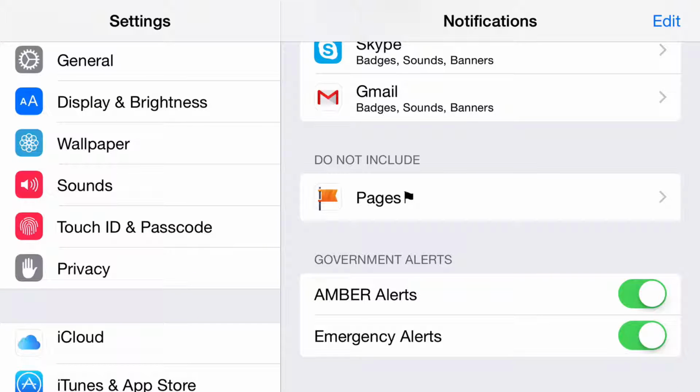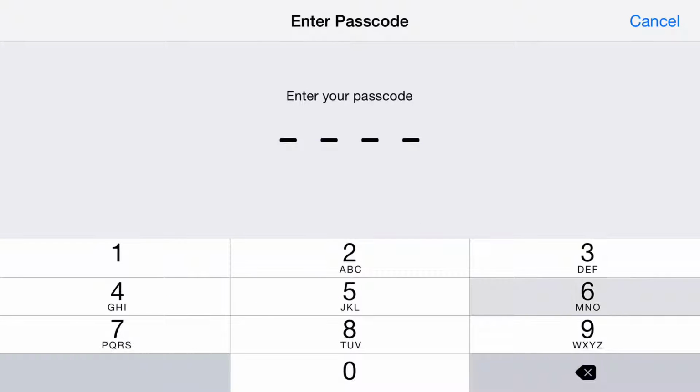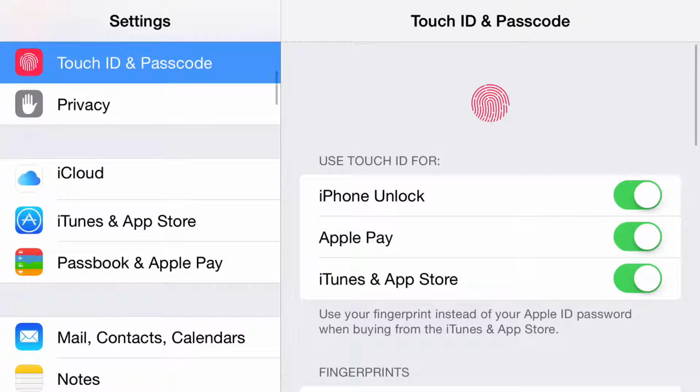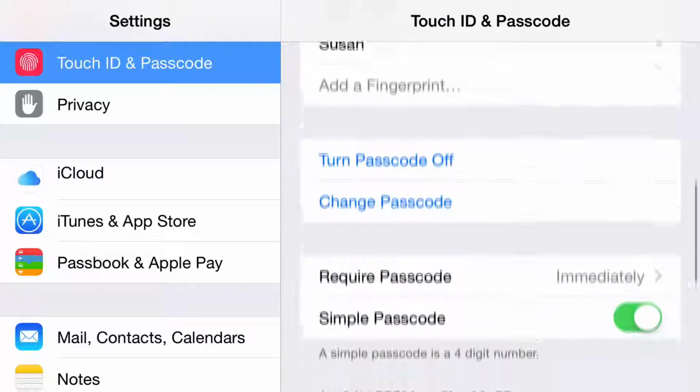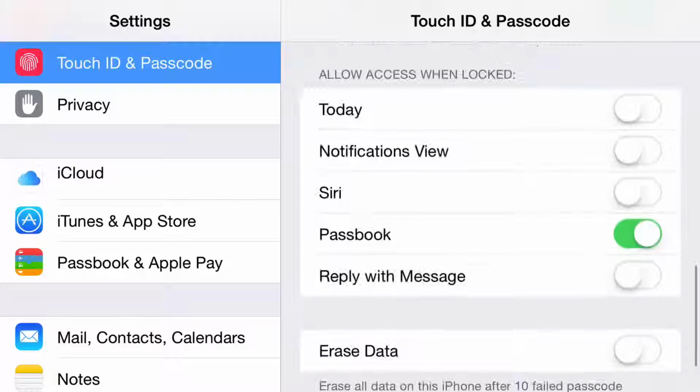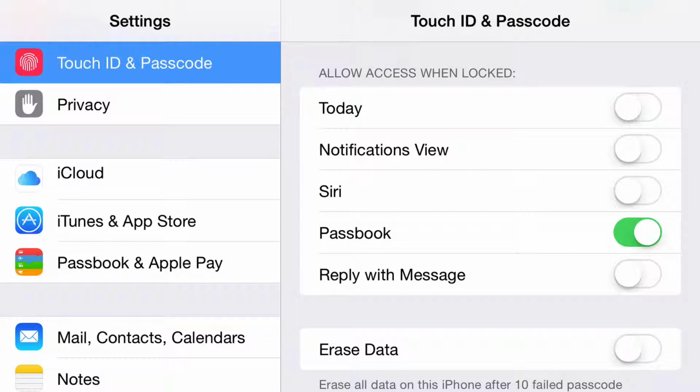To the Touch ID and passcode. So we'll click that, enter our passcode, and we're going to go into it a little bit. This is something I wanted you to see, because it kind of gives you some information down here as far as what can be seen, and this is how you turn off the today and the notification view on the lock screen. Just something to think about. Just flip these two right here, and then you will have that so that you can see these from the lock screen, because normally you can't. And I personally prefer it that way, but it's an individual choice. It's up to you,